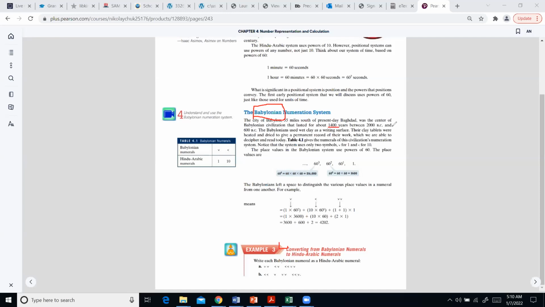So that's a while ago, about 3,000 or 4,000 years or so. So anyways, how did they write numbers? For example, how did they write the number